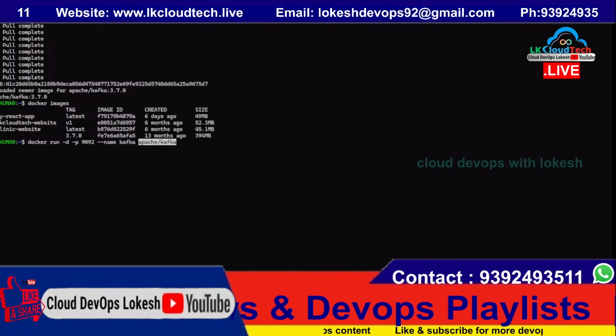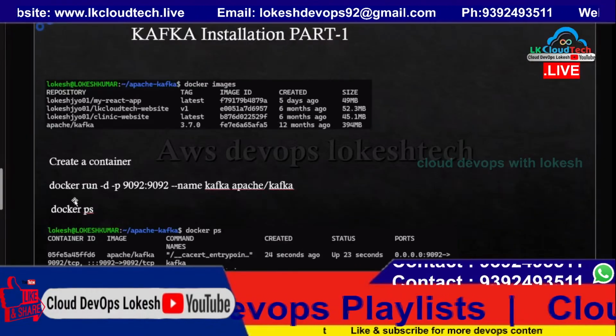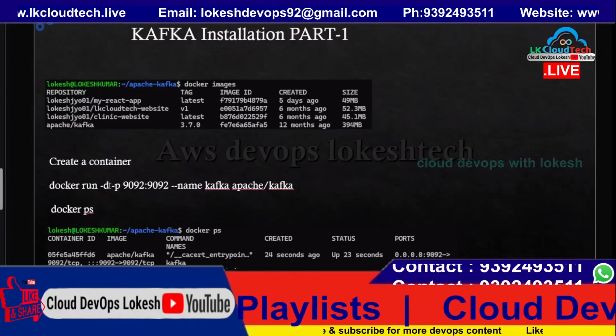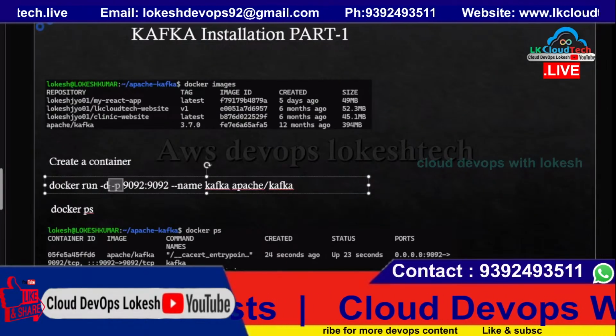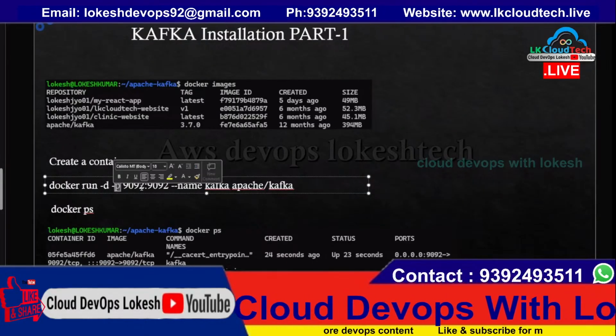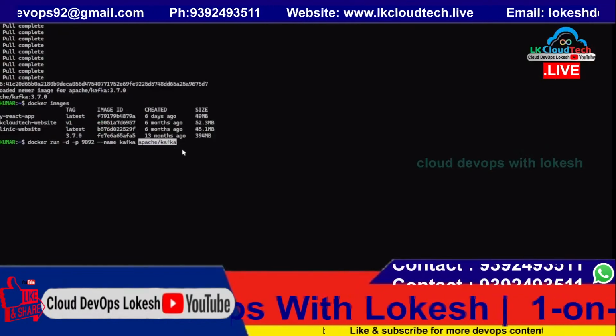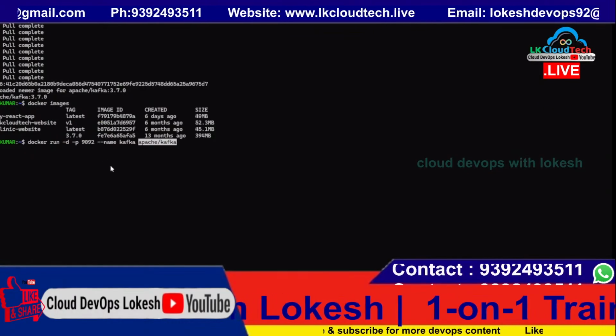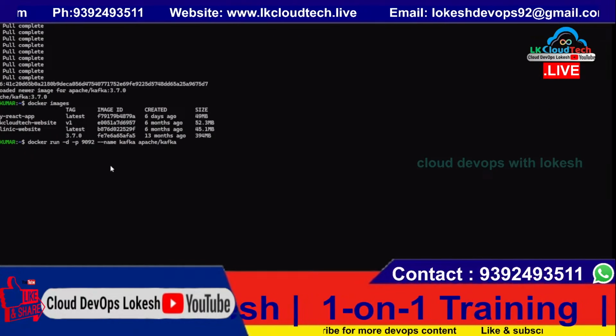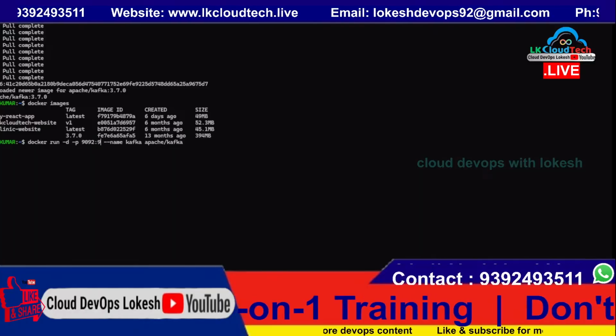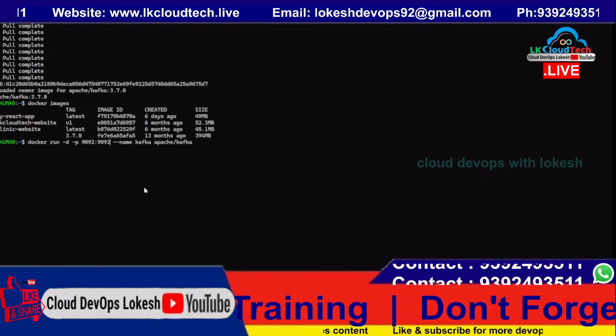Let us check again. See, docker run -d for detached mode and -p for port to expose port 9092. So incoming and outgoing, correct? 9092, right? For the proxy, right? And the name,